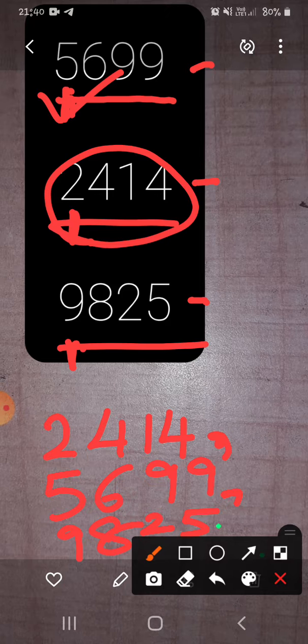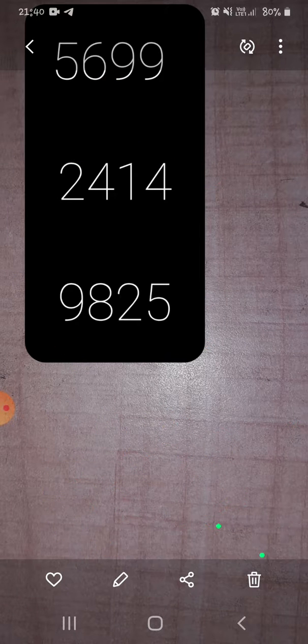Okay, you will first look at the number of digits. Once you have a look at the digits, you will see the thousands place or a hundreds place, whatever the number of digits are given, the highest place value. Okay, the highest place value you will look at. This is how you will identify ascending order. Arrange the numbers in ascending order from small to big. Thank you.